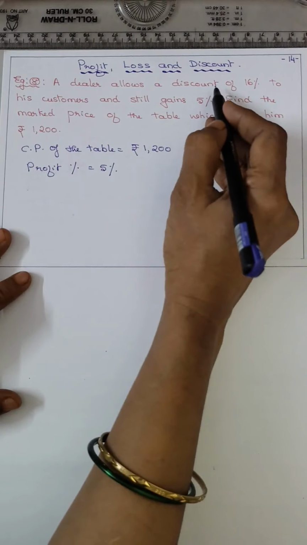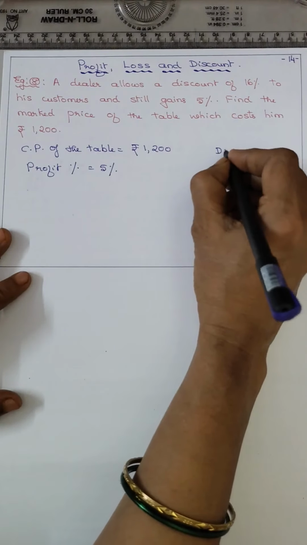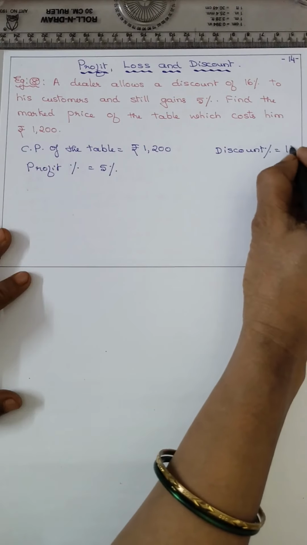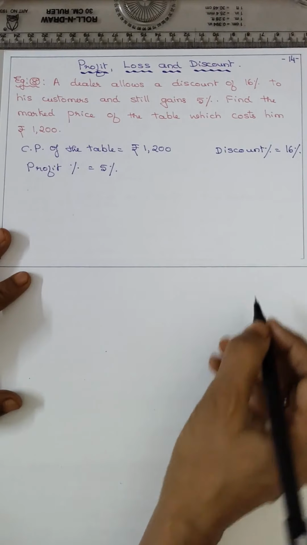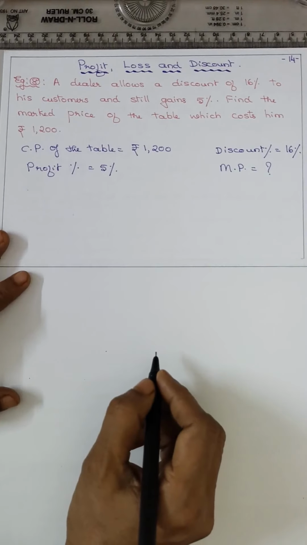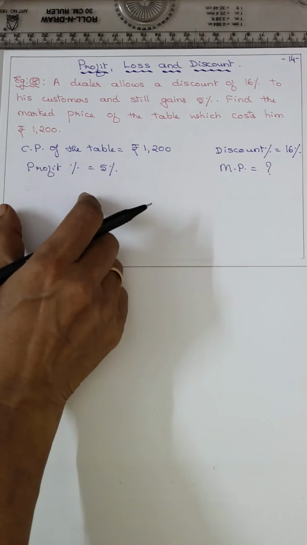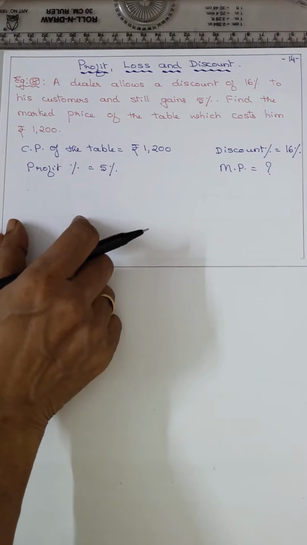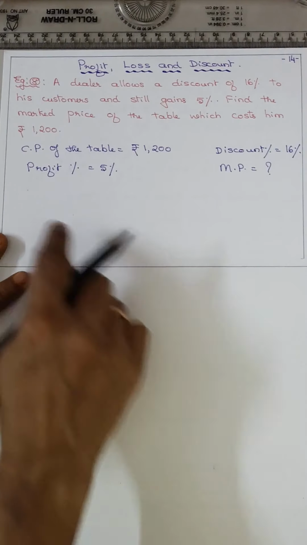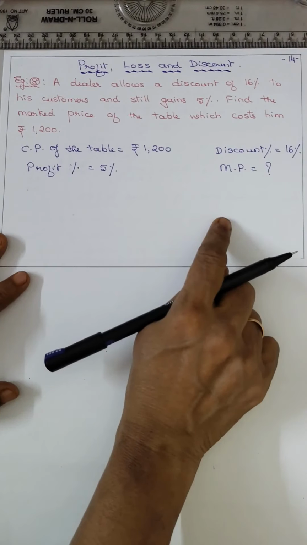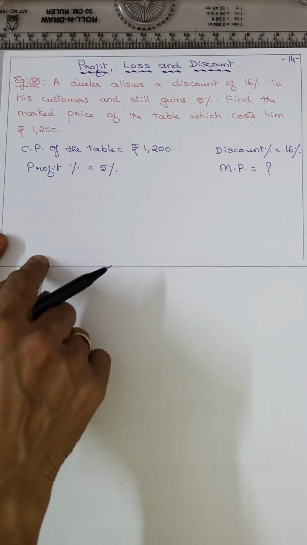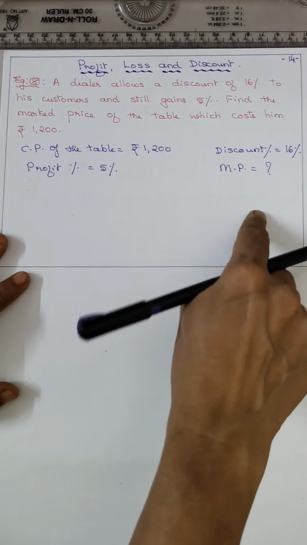Now he gains 5%, means profit percent is equal to 5%. And the other thing they have given is the discount percent. So it will be on the other side, isn't it? It is related to the MP. So they have asked you to find out MP is equal to how much. So the link between CP, profit percent and MP, discount percent, what is the link? SP. So using this, find out SP, then using that SP you can find out MP.